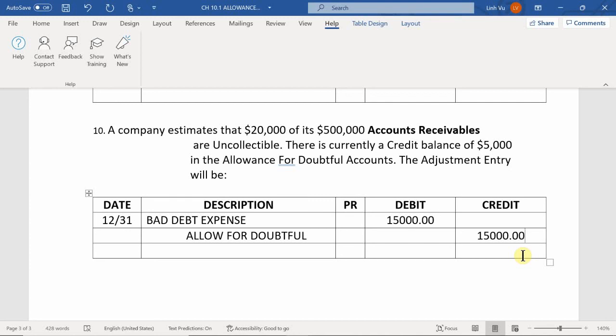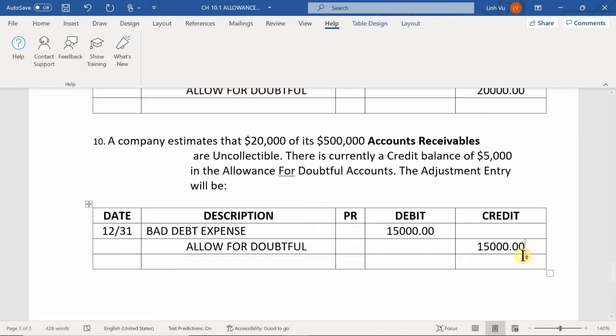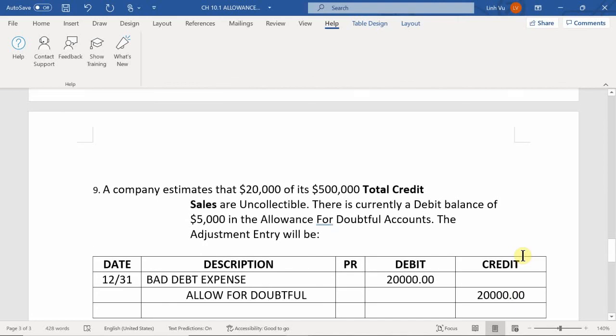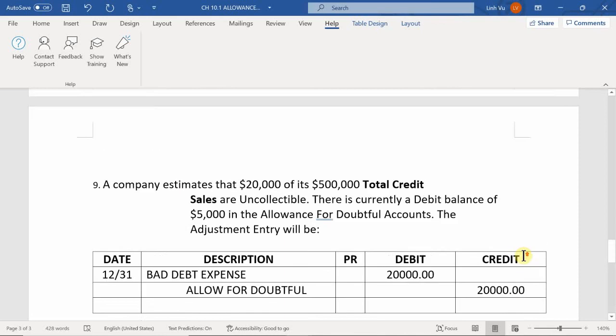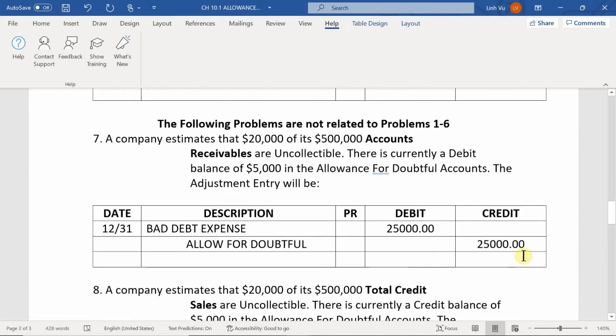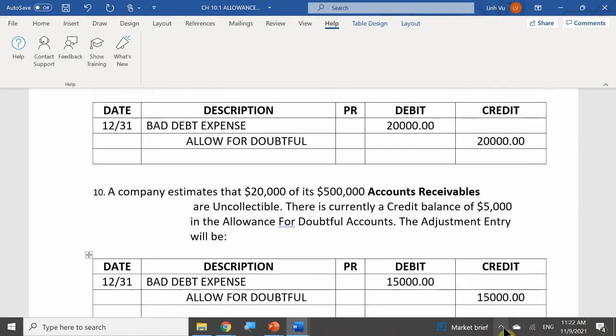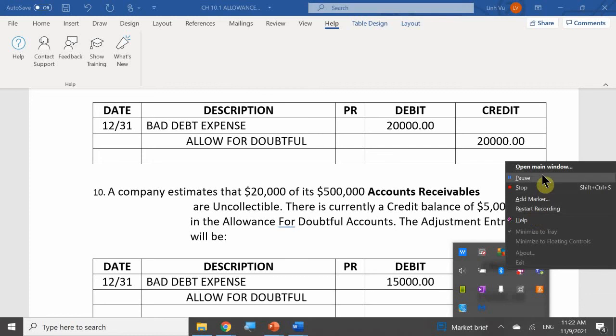No, because that's telling you what method to use. Yes, because there is no action, subtract or add, in the estimate and the balance. Correct, because they're total credit sales. Yes, total credit, no action. The same estimate. It is bad debts expense. Yes, all the journals are going to look identical. The only difference is how you are going to calculate it. When we did the inventory, all the journals were going to look identical. The only difference is how you calculate it. Okay? Yes, that's correct. Any other questions? Okay, well, if there are no extra questions, then homework tonight is to just finish